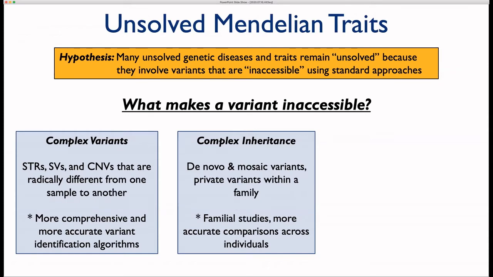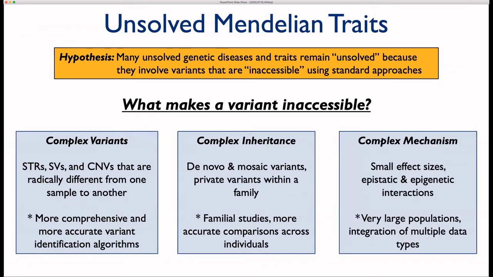And then finally, what makes it inaccessible is there's just a very complicated mechanism. This could be non-coding variants. These could be sort of distant enhancers, different distant trans-eQTLs. They could have very small effect sizes. They could have epistatic or epigenetic interactions. And I think the way we're going to make progress on these is through the analysis of very large populations,